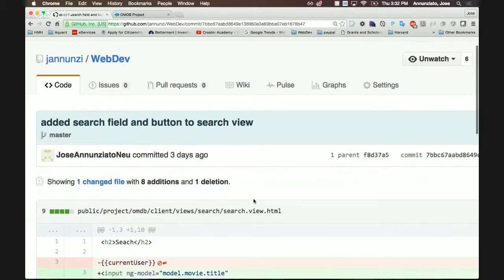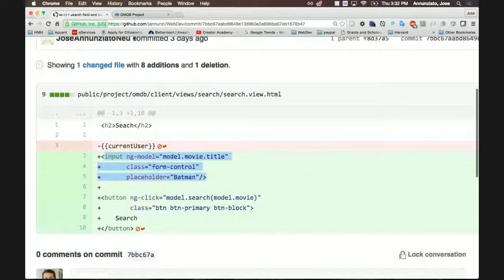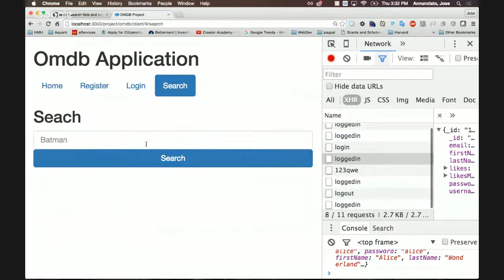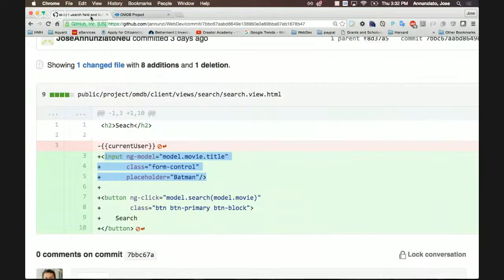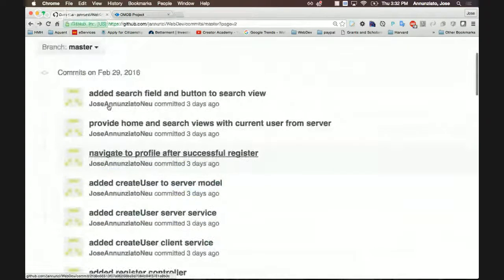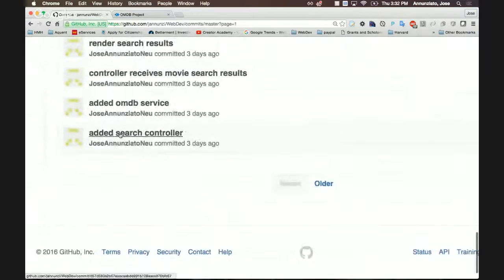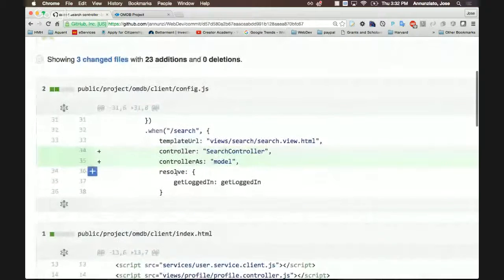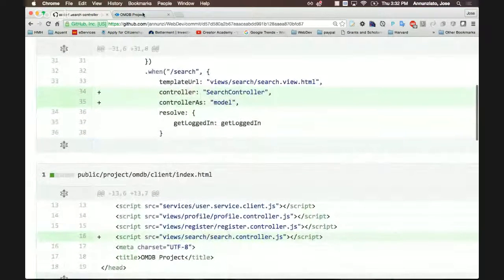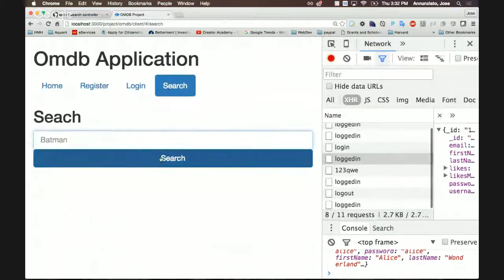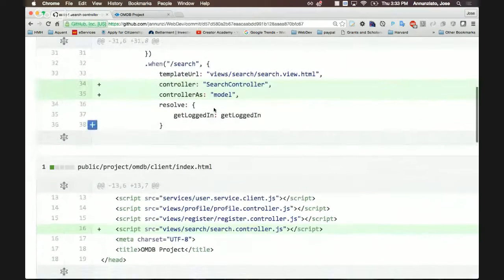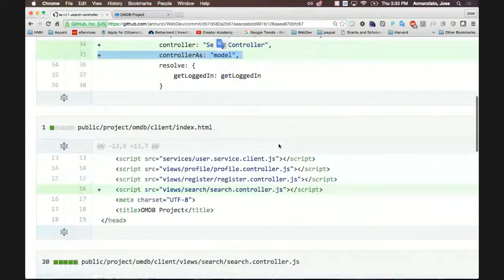So in the search view, which is this one, right? It's search. I add an input field and a search button, and then let's go newer. Added a search controller that is going to handle the event of clicking on the search button. Right. So here's the controller. For the view, I'm declaring the controller, and the view is going to be able to reference that controller using the model variable. Okay. So using the controller as